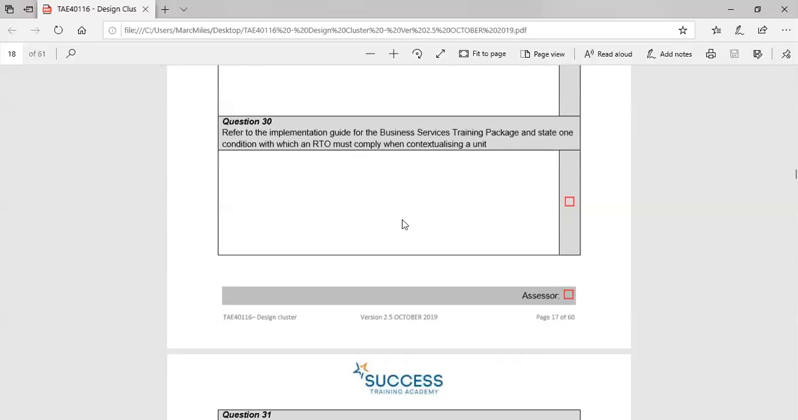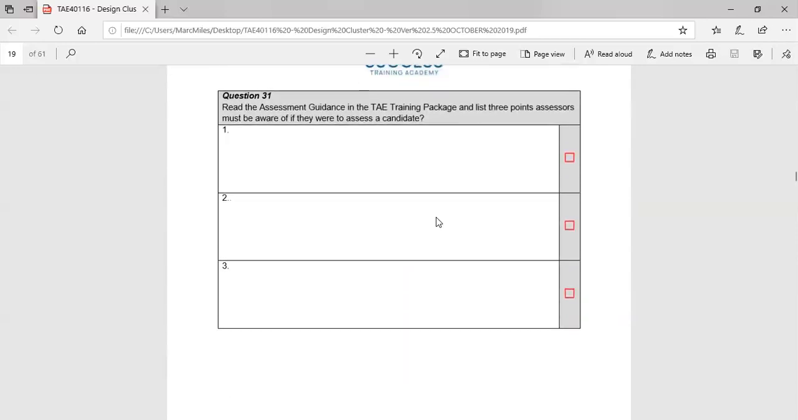And see what comes up for you. Okay. This is very similar to that question of what can you contextualize and what can't you contextualize. Okay. So question 31, read the assessment guidance in the TAE training package and list 3 points assessors must be